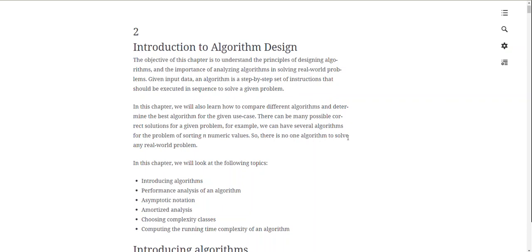All right, welcome to lesson 2. So we're going to talk about algorithm design and algorithm analysis. So before we talk about algorithm design and algorithm analysis,